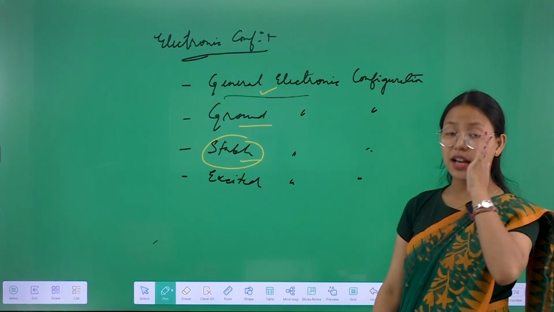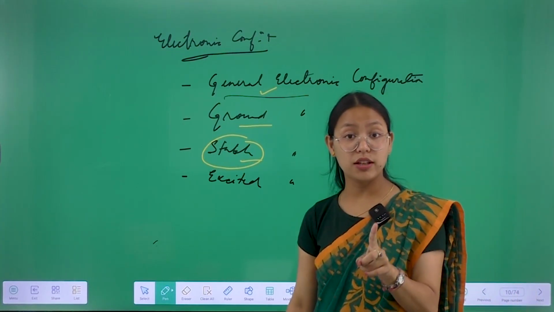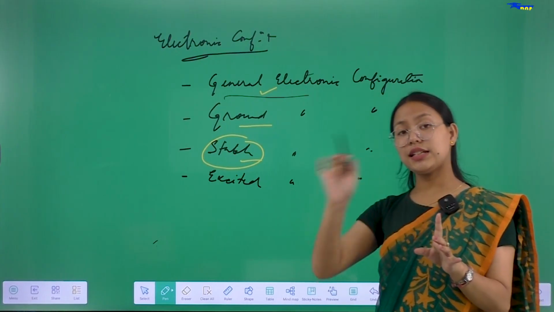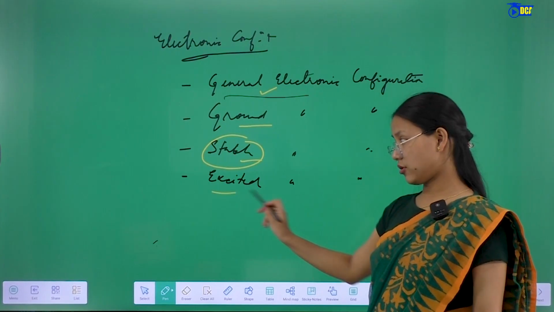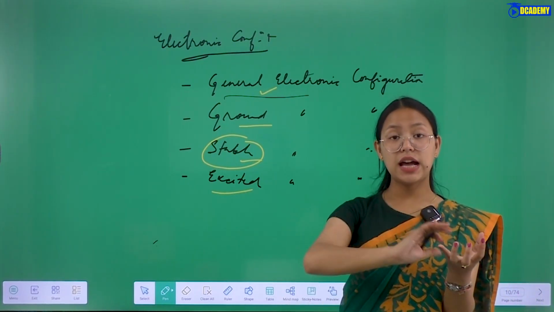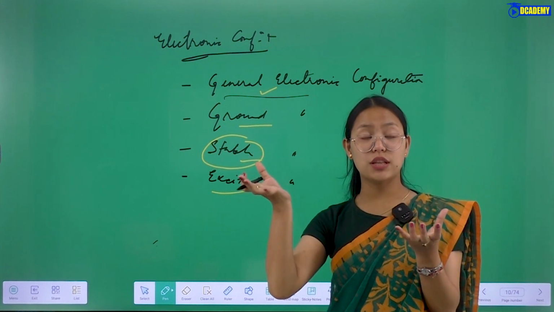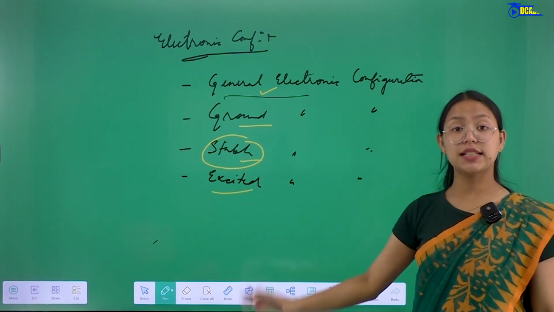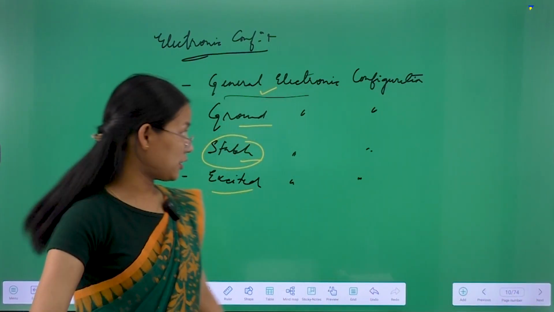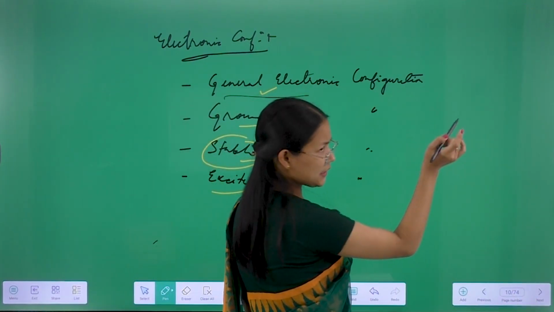Next, the excited electronic configuration. When electrons are promoted from a lower energy level to a higher energy level, this is known as the excited state. That means when an electron moves from lower energy to higher energy, it will be termed the excited electronic configuration. For example, let's say